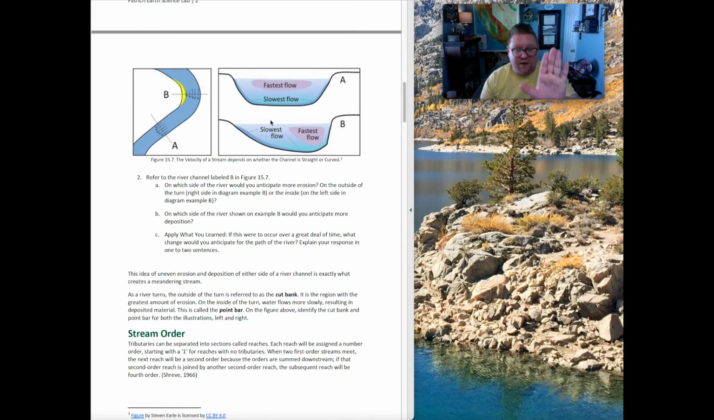This is a profile view. So I'm standing in the water and I'm seeing that, oh, it's much deeper over here. And that's because this fastest flow is causing erosion to occur. So you'll go ahead and answer these questions looking at either the right-hand side of these profiles, or looking at